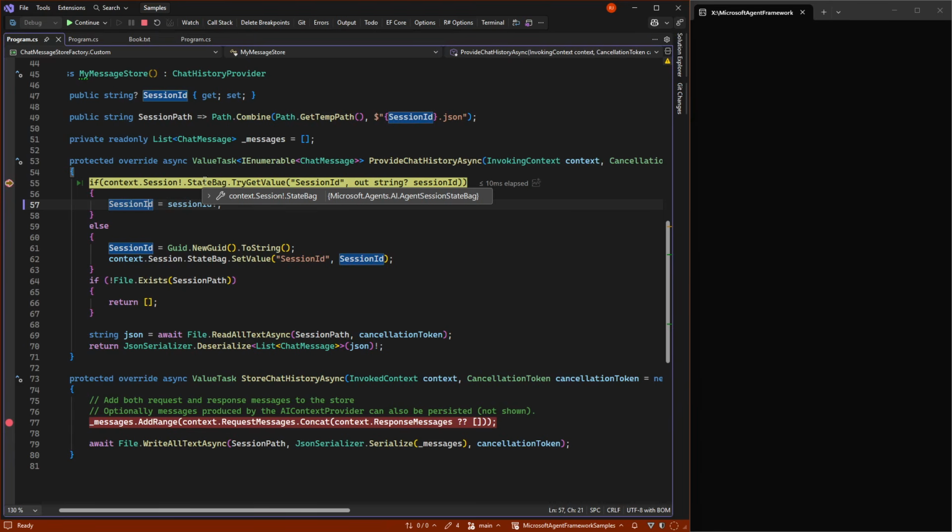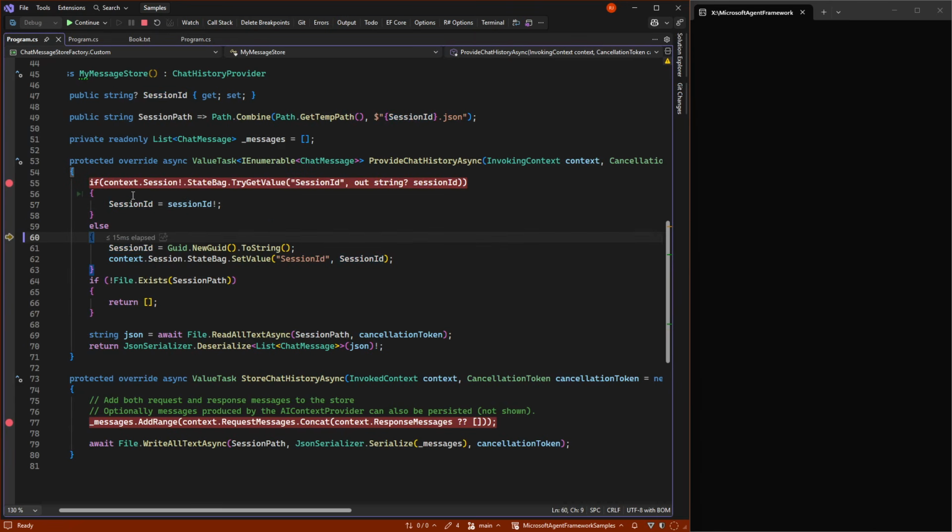So in that state, we try to actually get the session ID, but because it's new, we don't get anything back, meaning that this try get value equals false, so we can't really resume any session here. And for that reason, we make a new session ID that we will essentially use for our storage, which in my case is just a GUID.